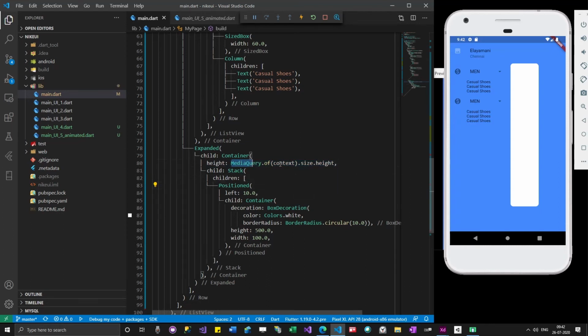But I'm not 100% sure how it actually got resolved, but maybe somewhere the height is not being as appropriate as we want. Since there is no content in this container, it might have happened. So that's okay. Even the height of the container we can control using this media query.